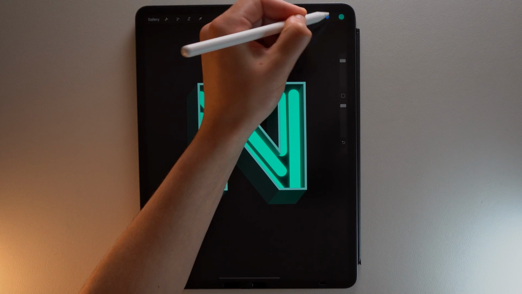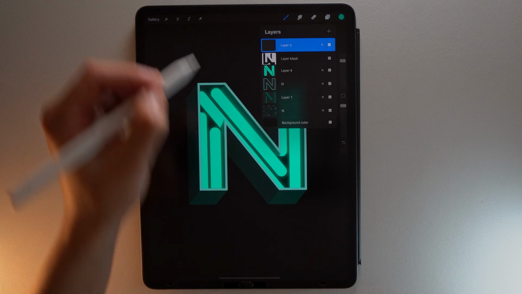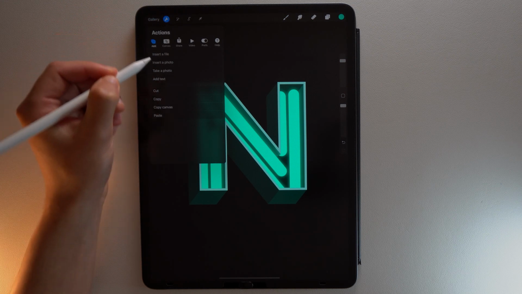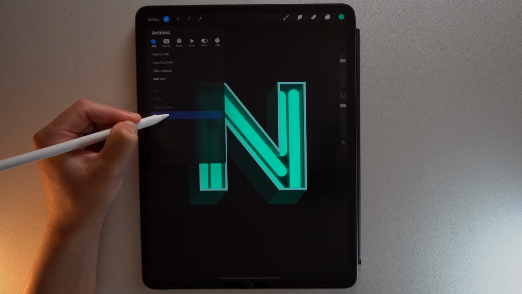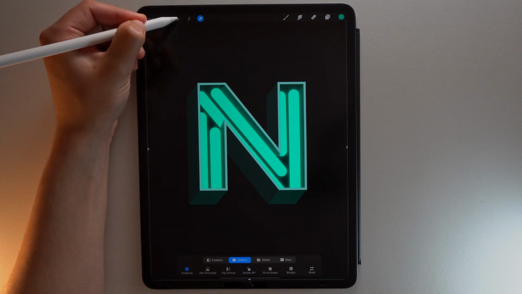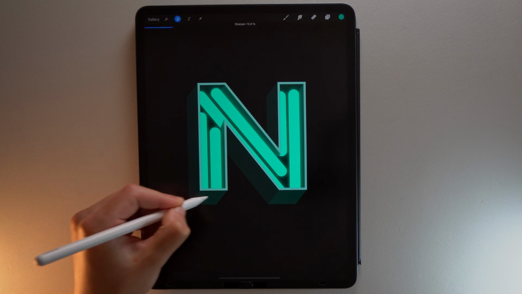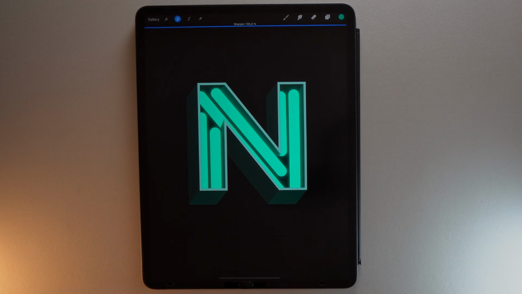Create a new layer on top. Tap the Actions menu, Add, Copy Canvas, then Paste. Go to the Adjustments menu, tap Sharpen Layer, slide to adjust to 100%, go to the Adjustments menu again,